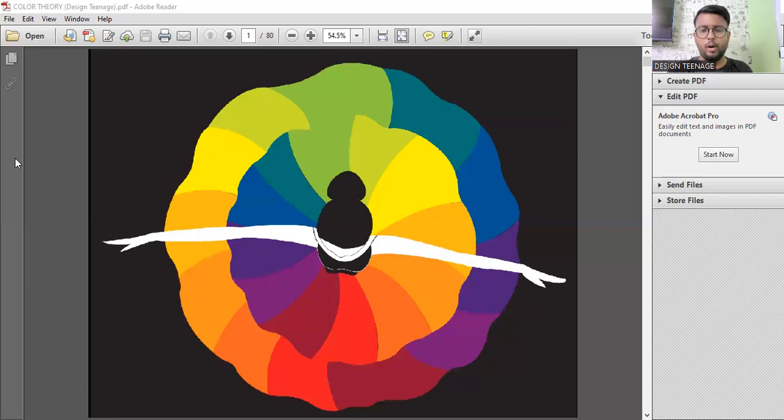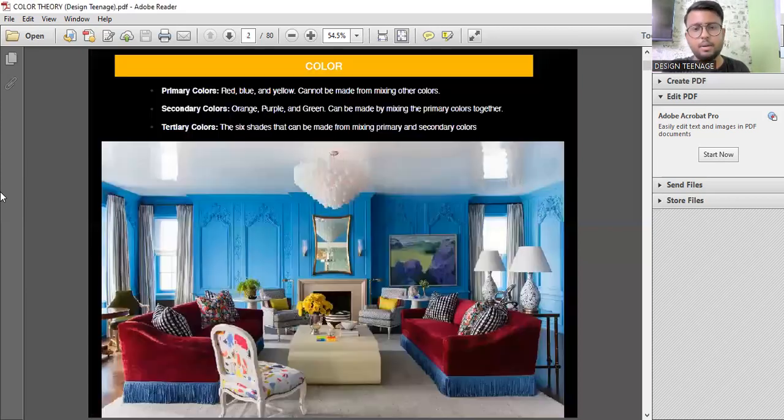Now, coming to what color is, what the different kinds of color are, and the category segments under which color theory as a whole is divided. We have primary colors. What are primary colors? Red, blue, yellow, which cannot be made from mixing other colors. Secondary colors are obtained by mixing the primary colors with each other: orange, purple, green.